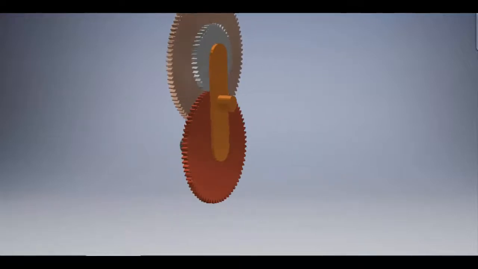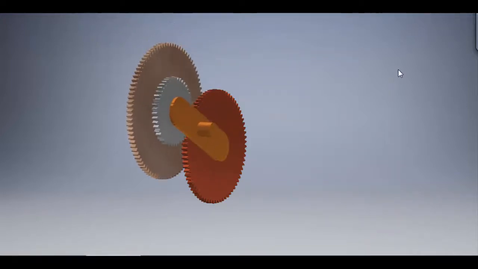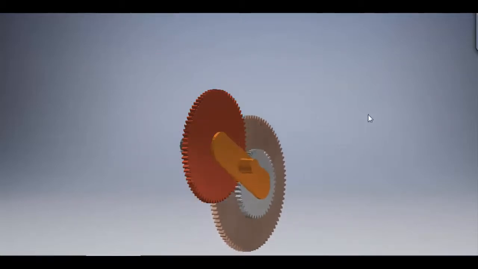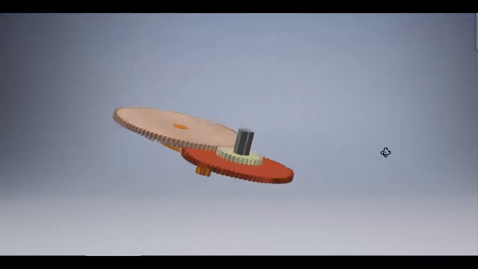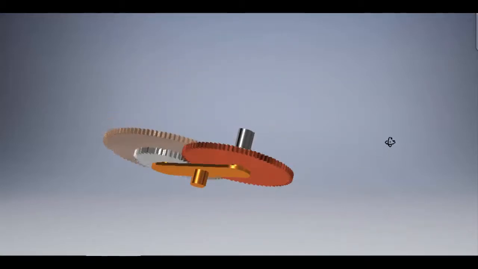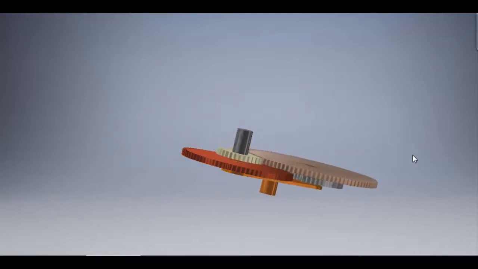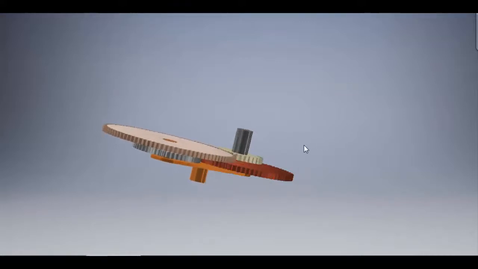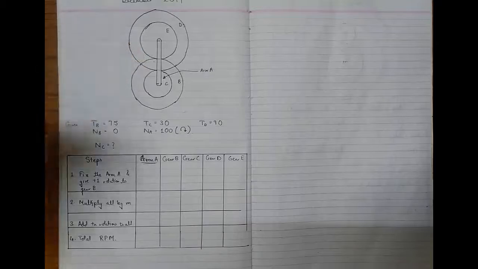This gear C has been given an output shaft, so that is the output. As you can see over here, these two gears are compounded to each other. D and E are compounded, so they are rotating at the same RPM. So this is how your actual question will be in the exam. This is what you have to imagine and draw. You don't have to draw this 3D diagram, you have to draw the 2D diagram. You will see it in a moment, but this is how your actual system will work in real life.